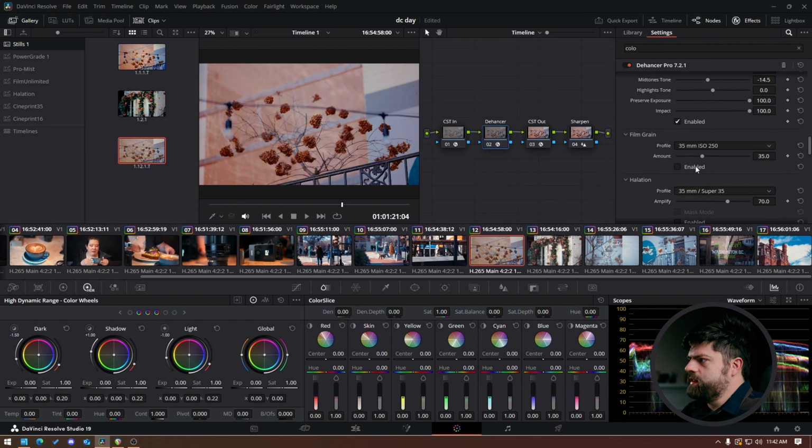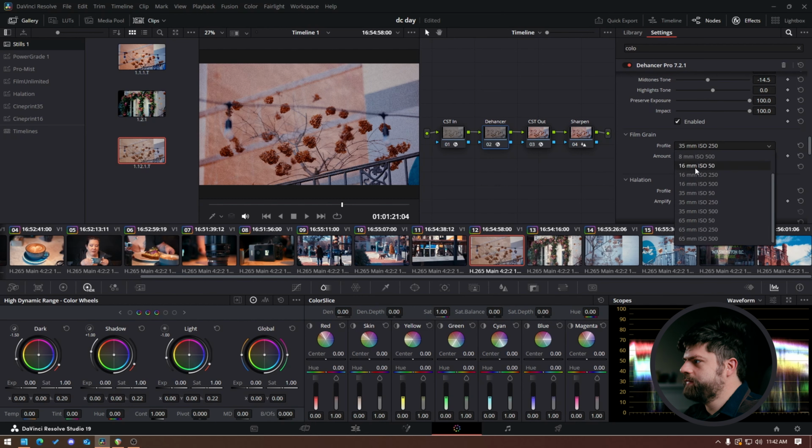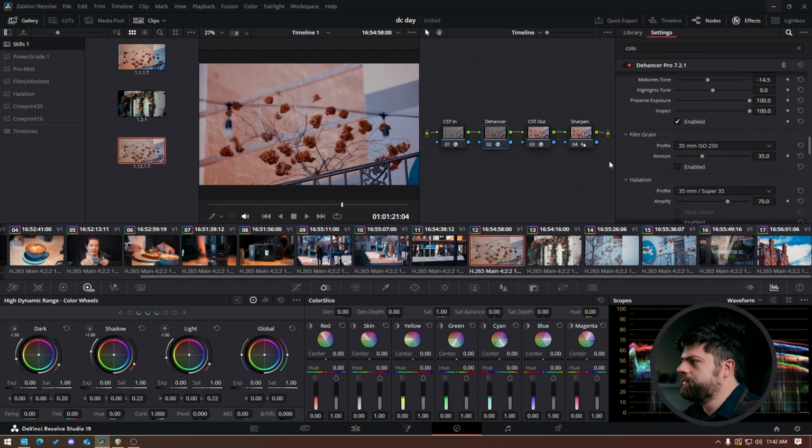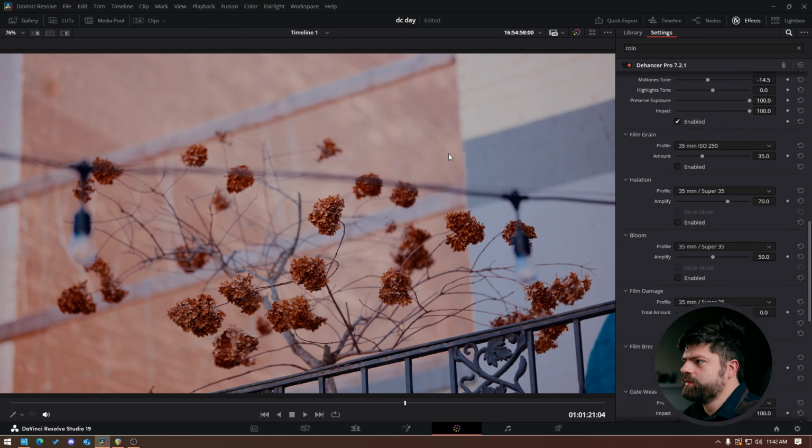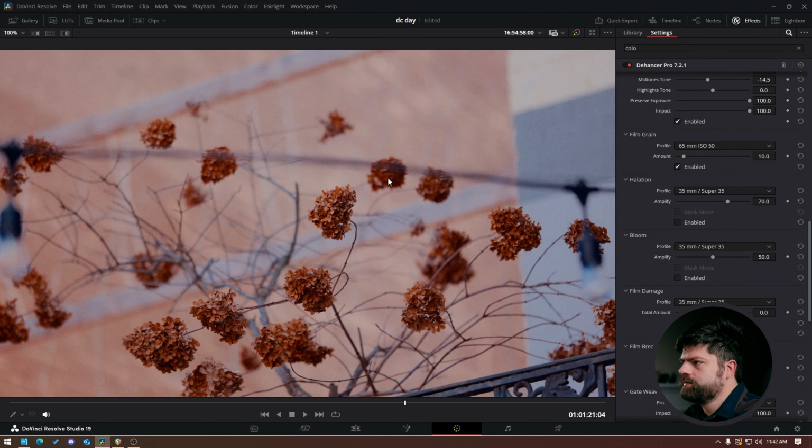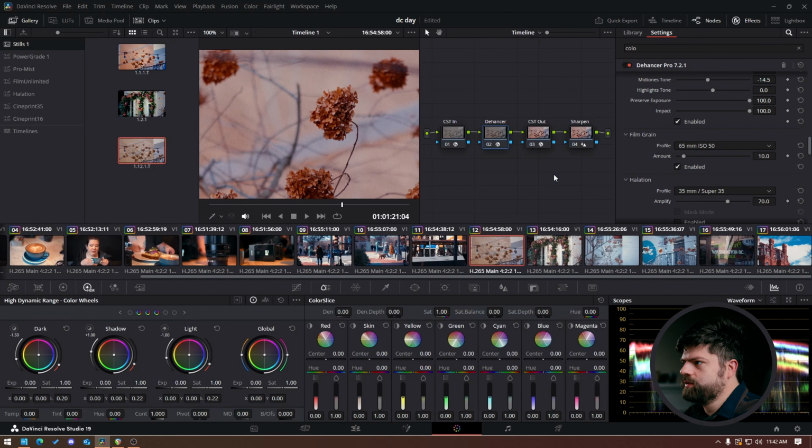they are. And then next we have film grain. Dehancer is renowned for having some of the best film grain in the industry. When you first turn it on, it's pretty heavy. So I prefer to, actually we'll pull this up so you can get an idea of just how much grain it introduces when you turn it on by default. I'm going to turn this to the 65mm 50 ISO, so it's just a very, very slight film grain, and that's as much film grain as I really am going to like here. So bring us back,